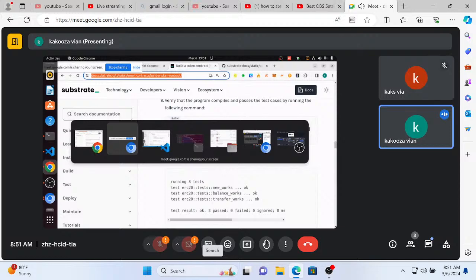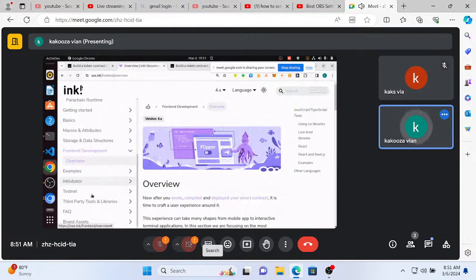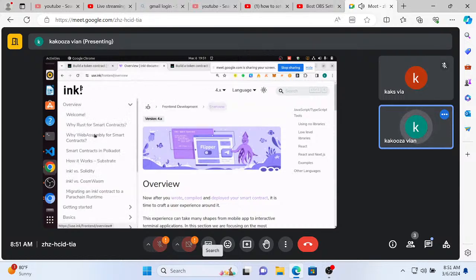All right, so we're going to do something about building a front end. So you have your smart contracts, or you want to deploy a Substrate based chain that has its smart contracts inbuilt. For example, a Substrate based chain which has its token already, and things like that. So when you go to the documentation,